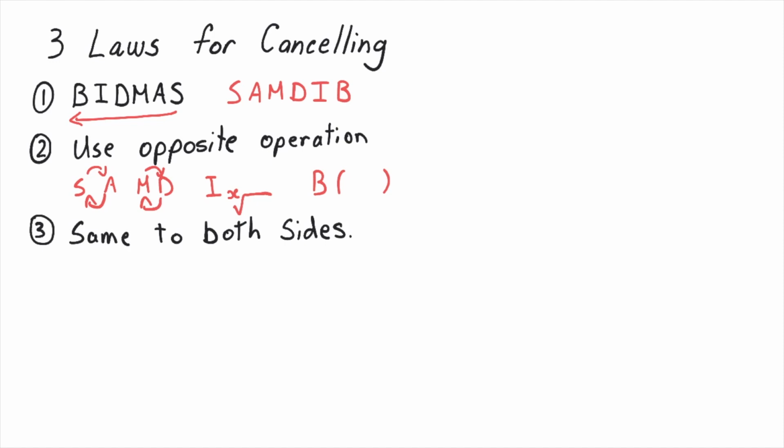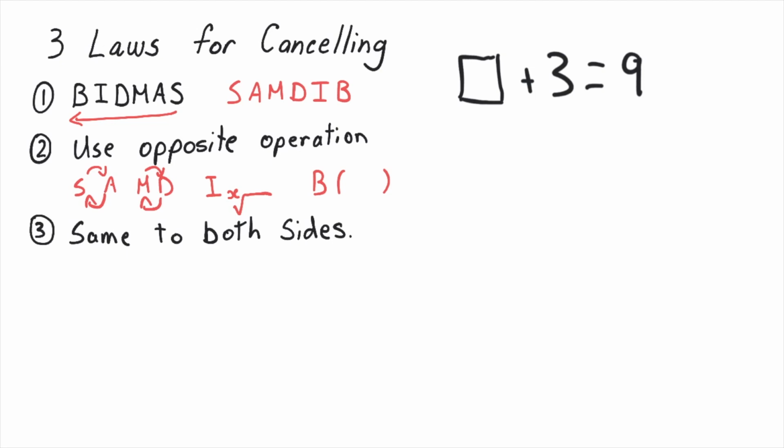You would have seen something very similar to this in primary school, where your teacher would just put an empty space in your equation and say something like, I don't know, something plus 3 equals 9. What your teacher's doing there is priming your mind to think, okay, well, what goes in that space? Well, we're going to now look a little bit deeper into this, and we're going to apply our 3 laws